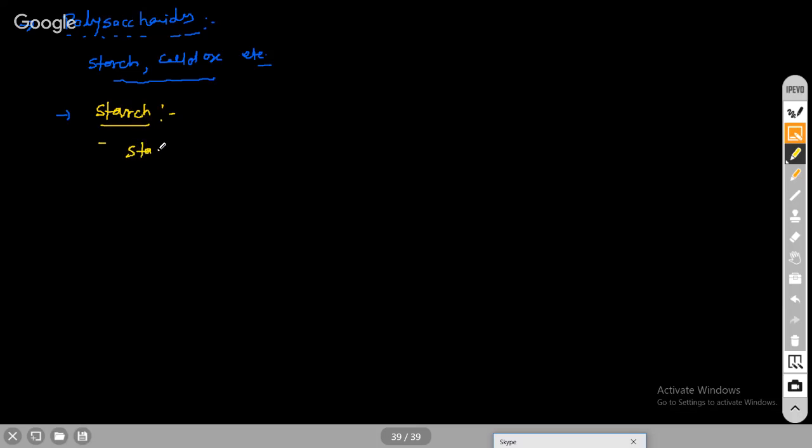Starch, when you heat this at 200 to 250 degrees Celsius, you will get another compound called dextrine. Write down next. On hydrolysis by enzyme,